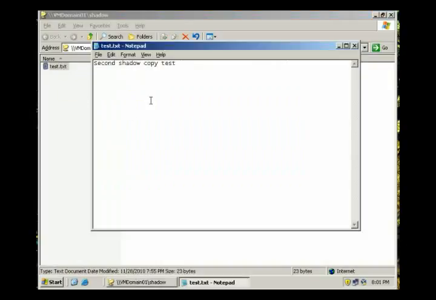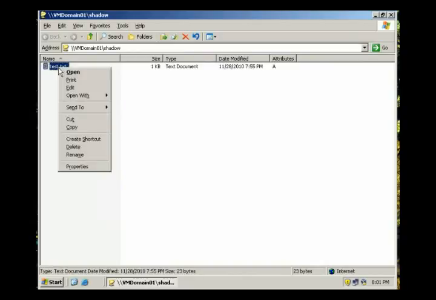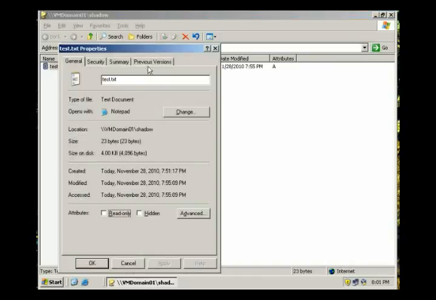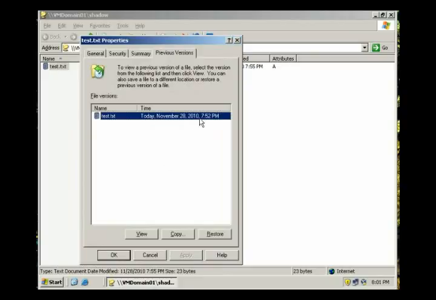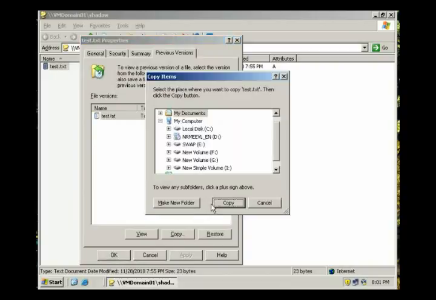And if I double click on this, I'll see that that is the file that I had created. But if I right click on it and say properties, we have a previous version created 752, and I can say copy that version, the previous version,